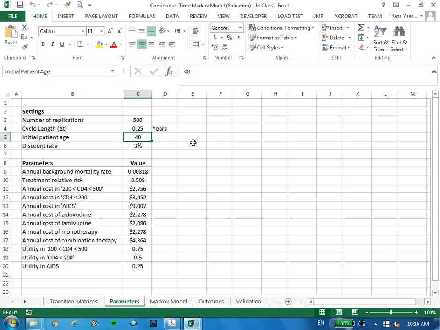Okay. The discount rate, we use 3%. This is the common value that you see in the literature. You can also decrease it to 1% or 5% and see if your recommendation would change. Right? So that's essentially one-way sensitivity analysis. Okay? We change the value of one parameter, put it to a lower bound and an upper bound, and see what impact it has. Usually, we don't see much